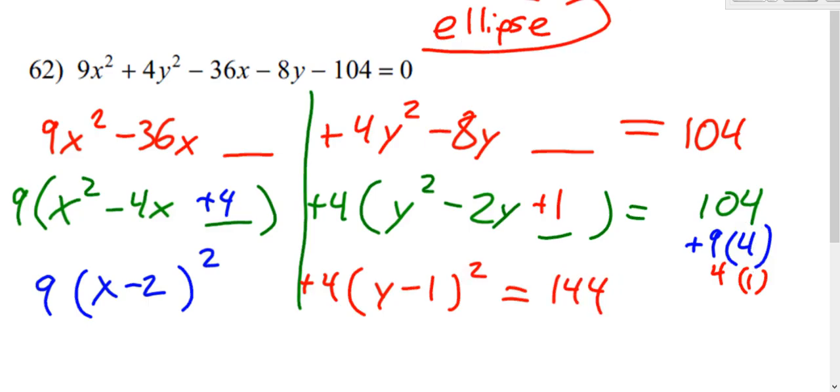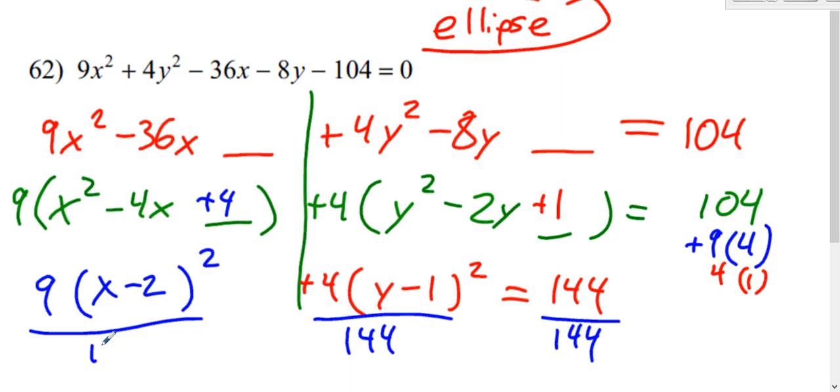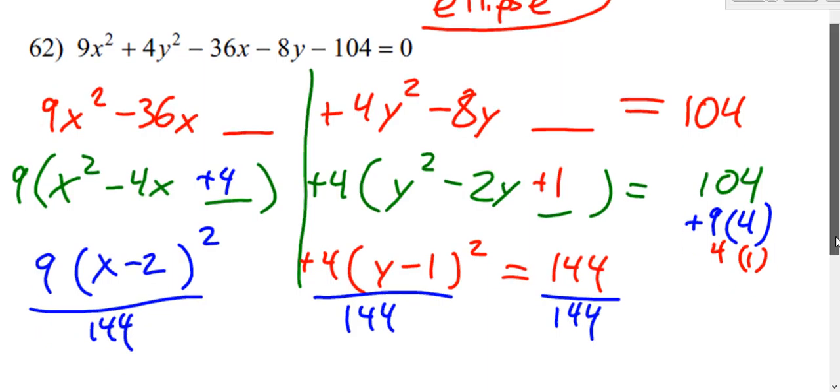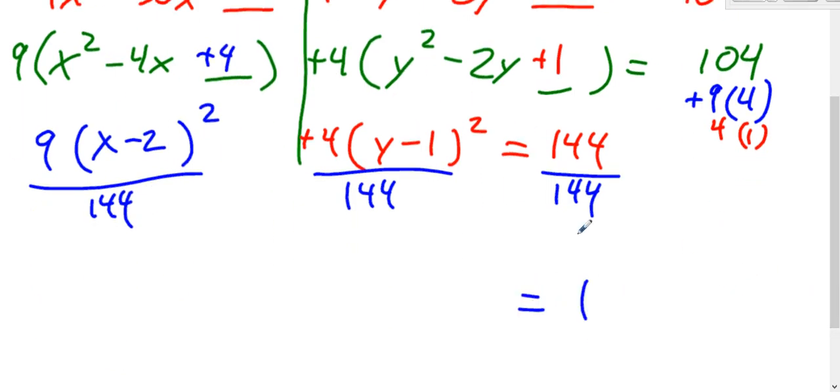Now, this is an ellipse. An ellipse is supposed to be x squared over a squared, y squared over b squared equals 1. That's not what we have right now. So we need to not only create our denominators, we also need to make this be a 1. But that's done easily by division. Divide everything by 144. That creates our 1 on the other side of the equals. And all of these will reduce